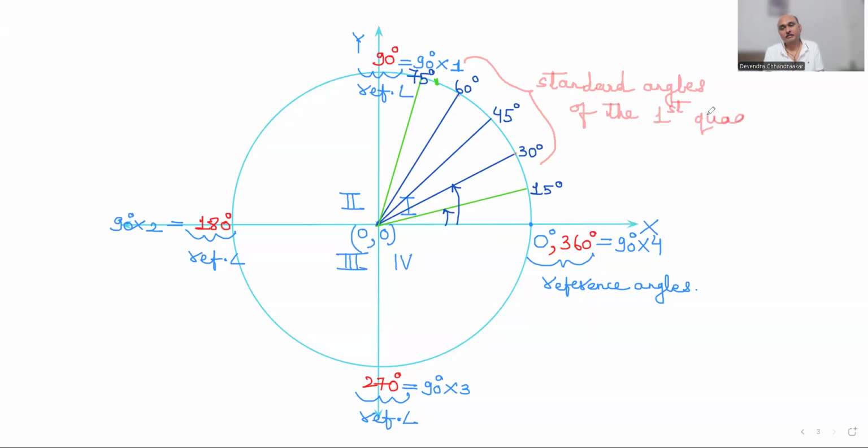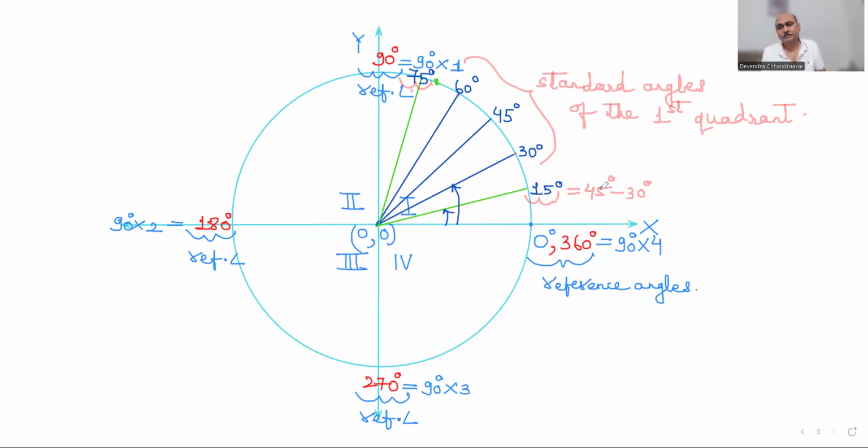They are called the standard angles of the first quadrant. Now, why don't we take 15 and 75? Because we can get 15 by subtracting 30 from 45 degrees. So this is how we can get it, right? We can get 75 by adding 15 to 60 degrees. So we can get these angles, and the values